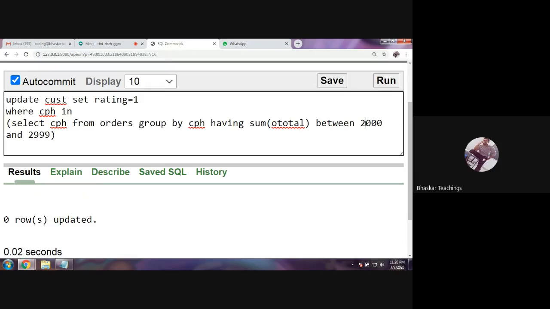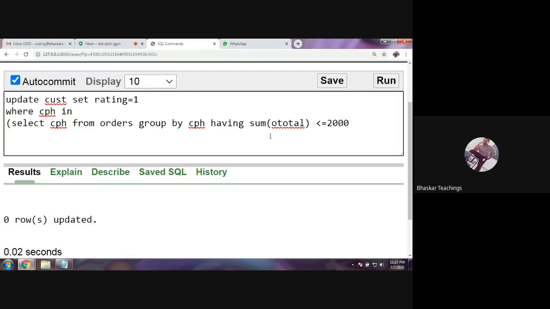Next, rating 1 for the customers. Let us say rating 1 for the customers who have above 1,000. Simply greater than or equal to, no, not just 1,000, just 0. Okay, just 1. Let us say at least amount 1. For the remaining customers, oh my god, I should give less than or equal to 2,000, because above 2,000, guys, we were giving rating 2, right?